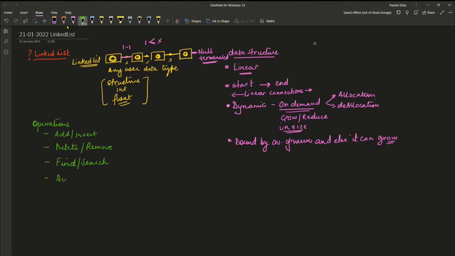We could delete all, like completely purge the whole data structure. We could find and replace data. And we could give a size or count of the number of nodes that are there in the linked list,